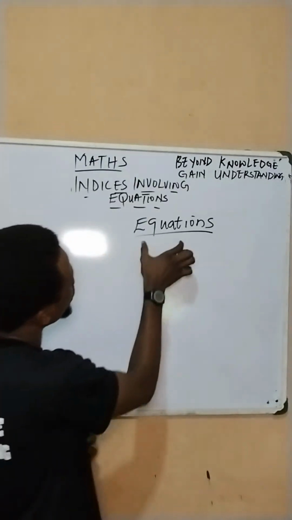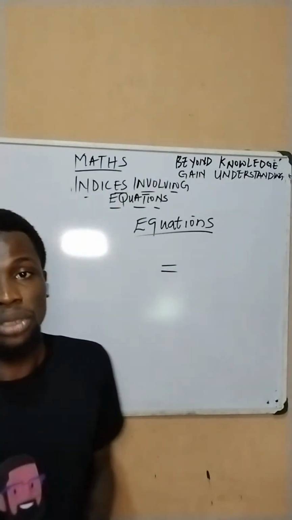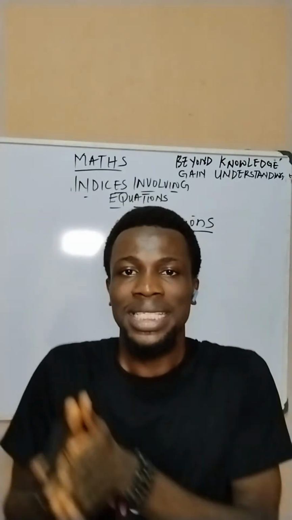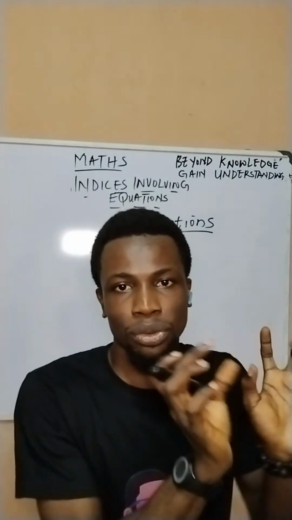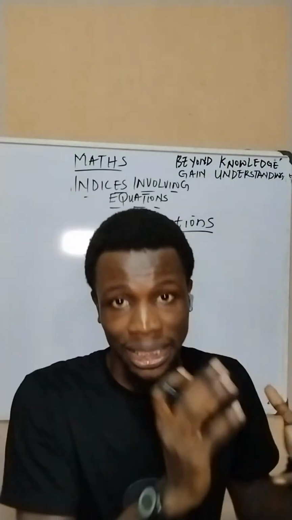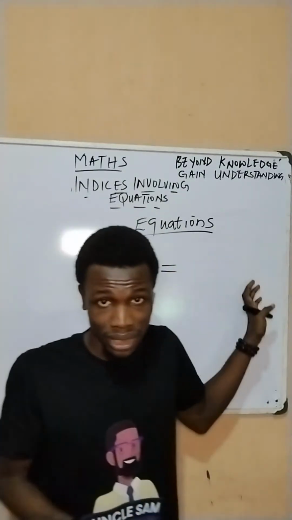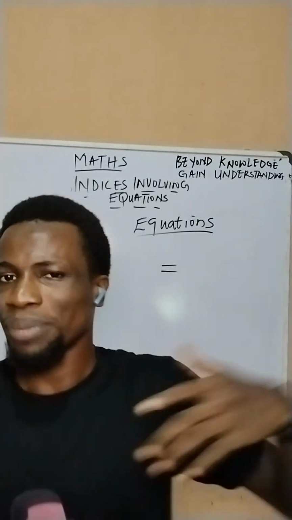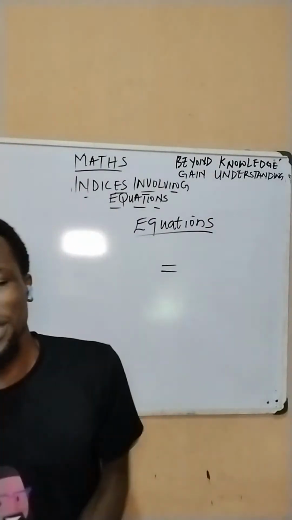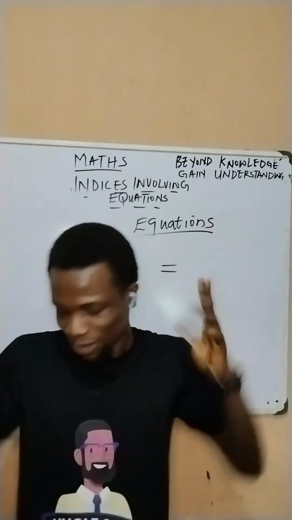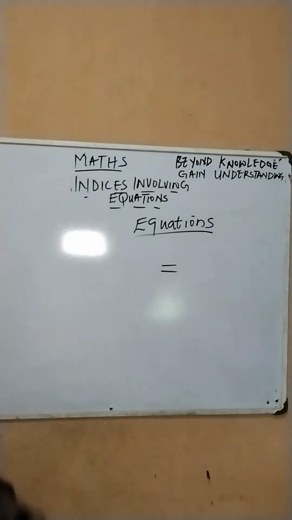So when we talk about indices involving equation, what you are simply trying to do is to simplify mathematical variables or numbers in such a way that what is on the left hand side portrays what is on the right hand side, just like we do under a normal equation, your linear equation. That's what we do. So I'm going to continue